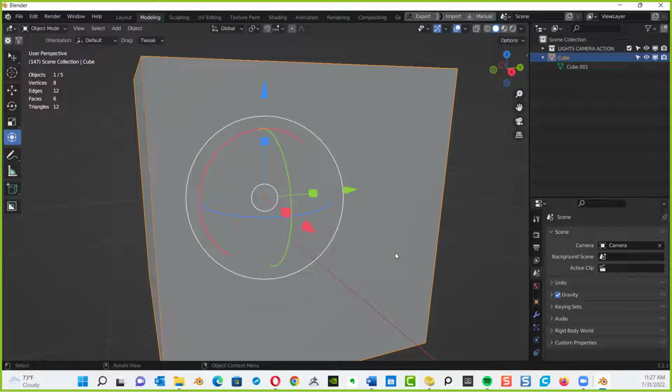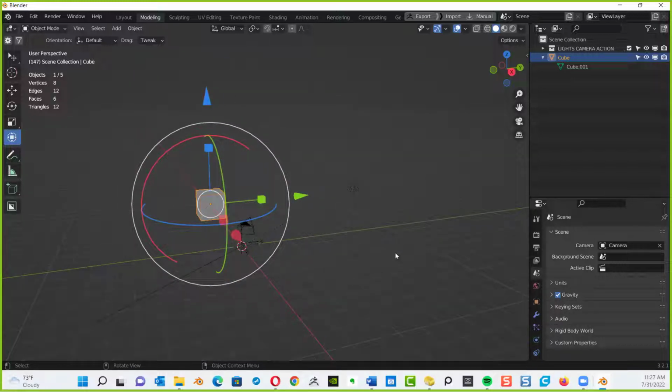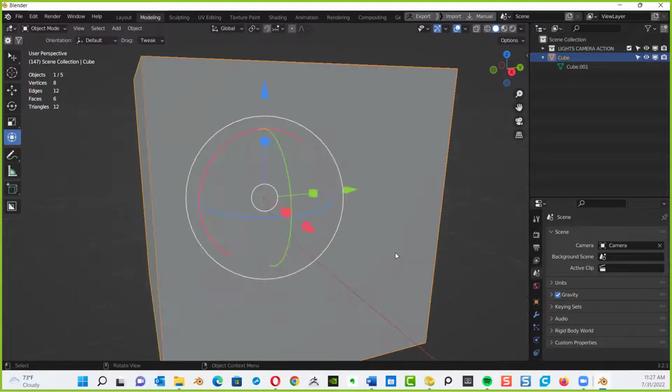So home to view everything in your 3D environment. Period on the numeric keyboard to zoom in to the cube only. Now in Lightwave, it's A and Shift A. But not in Blender. Don't do that in Blender.